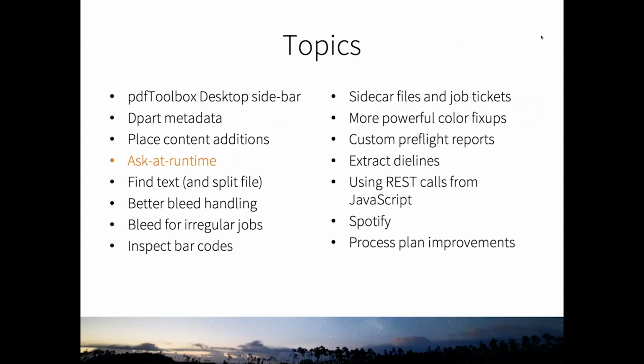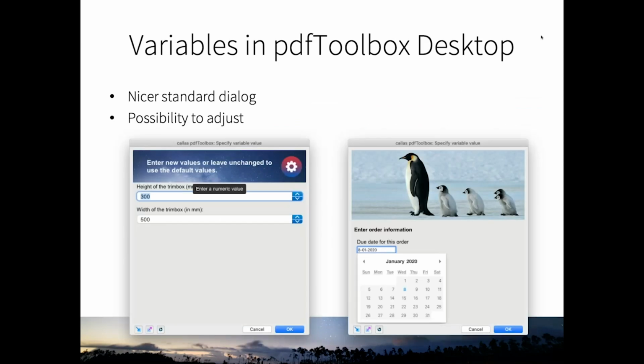So next up, if you have ever worked with a variable profile or process plan, you know that when you run such a thing in pdfToolbox desktop, it brings up an Ask-at-runtime dialog. And the Ask-at-runtime dialog allows you to enter the values that you want to use for any variables in the process plan or profile that you're using. In pdfToolbox 10, this was always a rather or very unattractive dialog window that you couldn't modify and that wasn't very